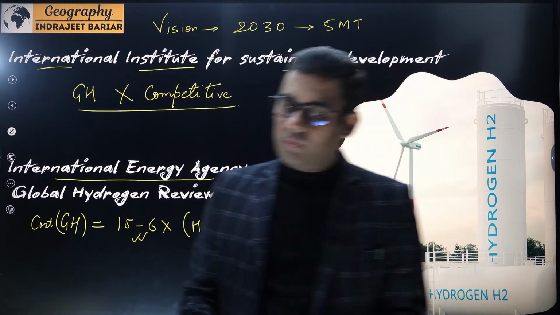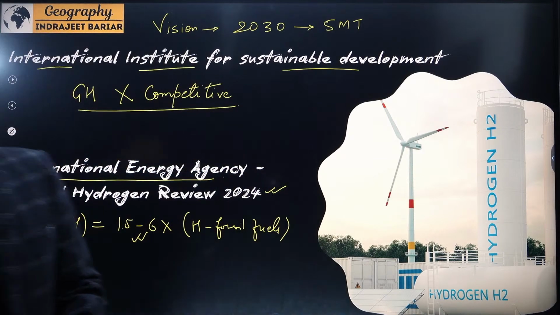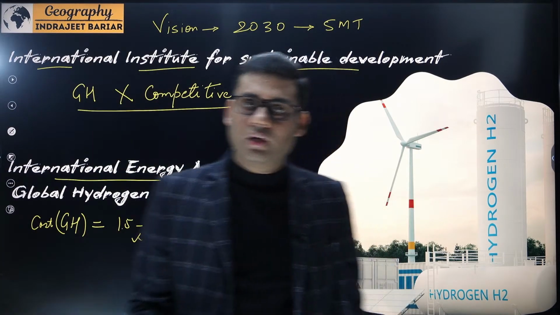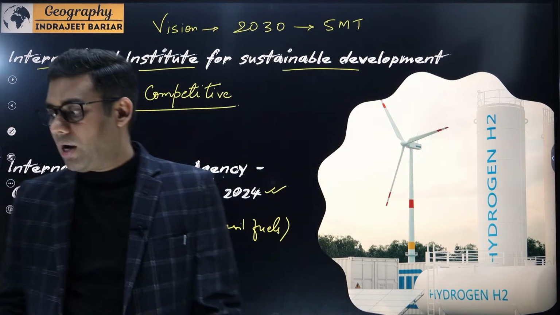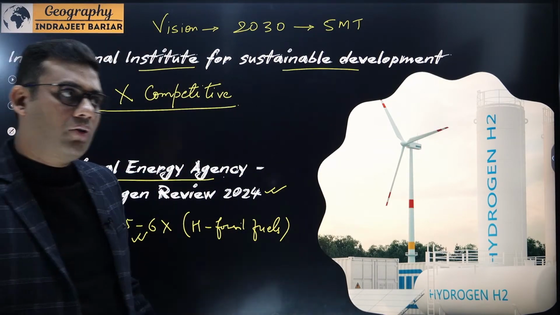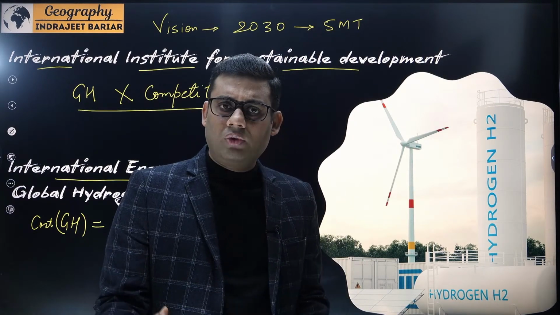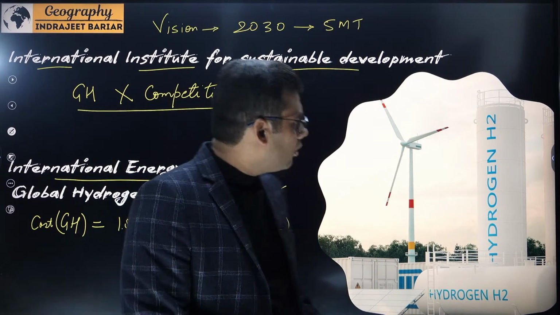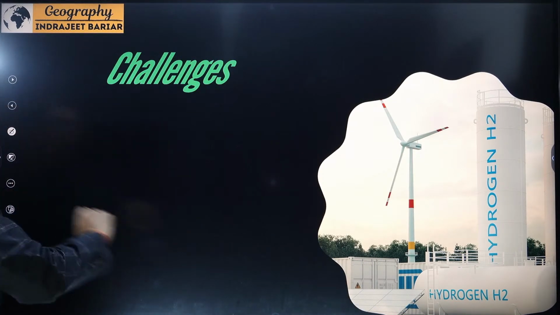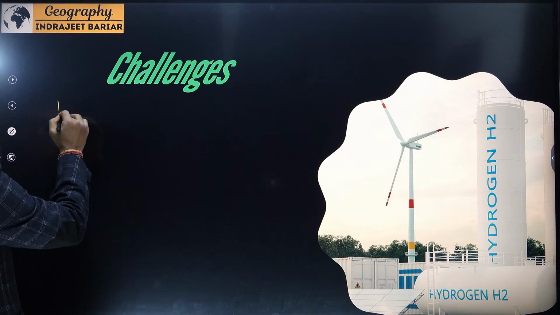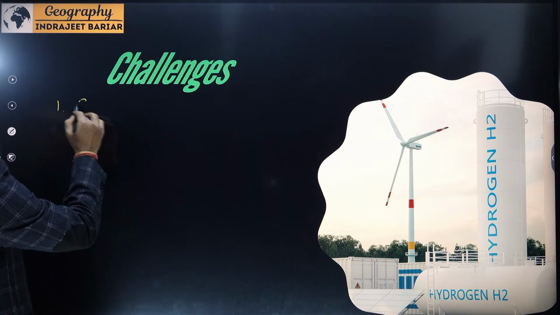Similarly, beyond this, the executive director of the IEA himself has said that hydrogen can't be seen in the present time as a fuel for today, tomorrow, or even the day after tomorrow. In the near future, it does not seem to be feasible. So when we say it does not seem to be feasible, the question is with respect to green hydrogen, what are the major challenges? Why would it not be feasible, and in addition to that, why would it be very challenging for India? And in this case, the first one, if we see, is with respect to the